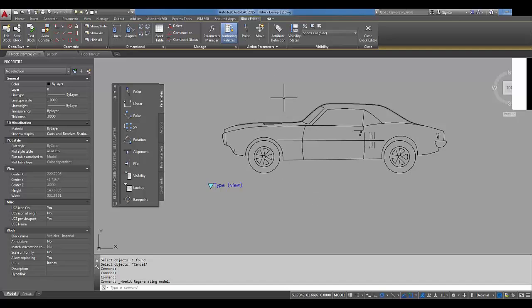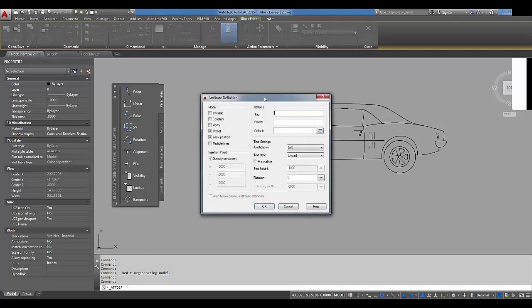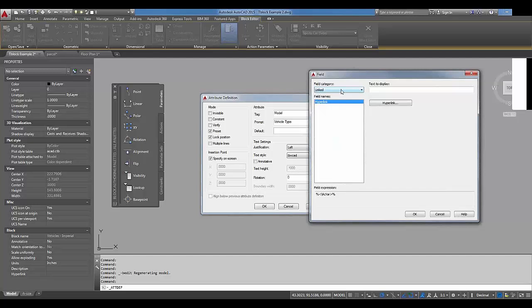So going into the Define Attribute dialog, we'll go ahead and create this one here. We'll call it Model for Prompt: Vehicle Type. And then for a value, I'm going to go ahead and right mouse click within this field here, and I'll select Insert Field. And then I'm going to the Objects